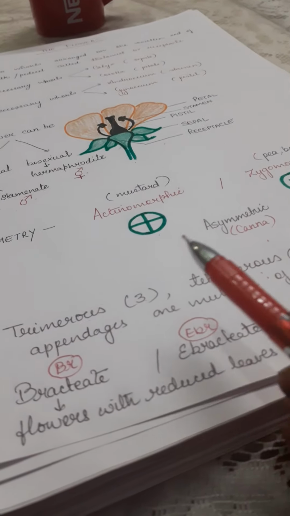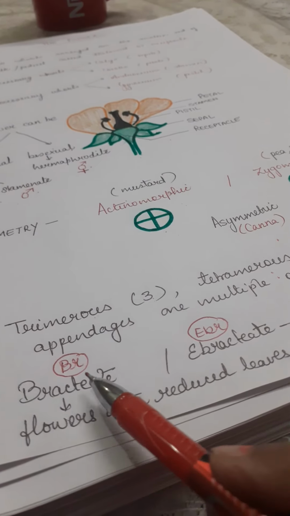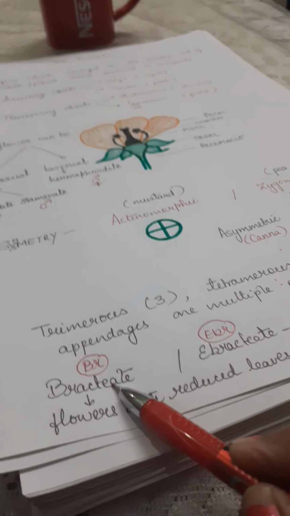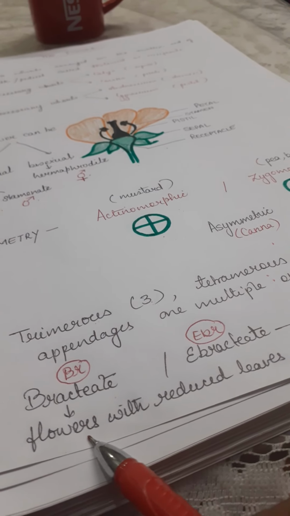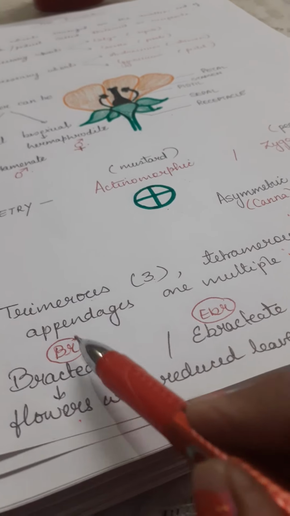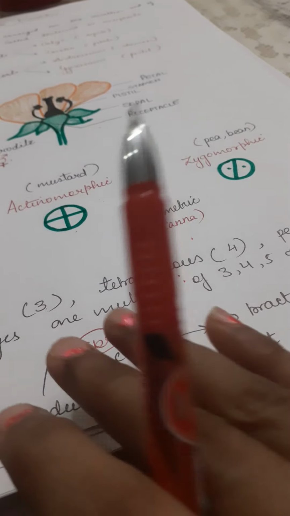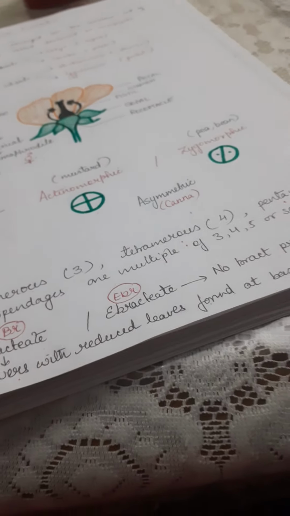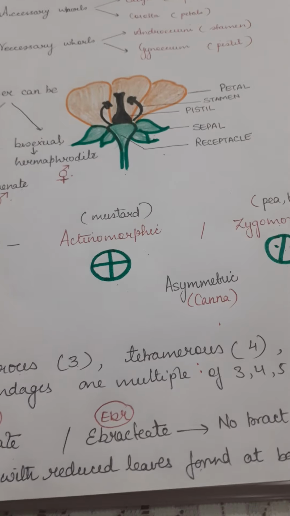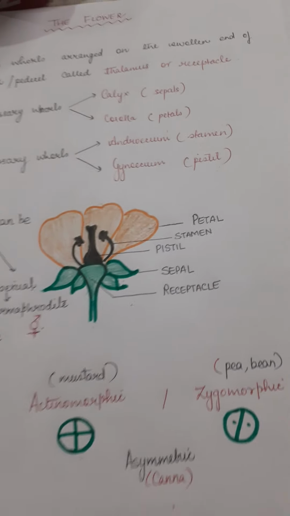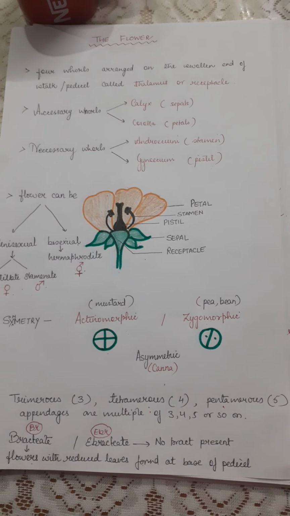There is a leaf-like structure that may be present at the base of the flower. If it is present, the flower is known as bracteate. Bracts are colored or modified leaves. So when you have a small leaf present at the base of the flower, it is known as bracteate, and the sign is this. When it is not present, it is known as ebracteate, and the sign is this, or the way you write it is this. So when you see a typical flower, you see that there are many technical terms involved in naming various parts and various structures.